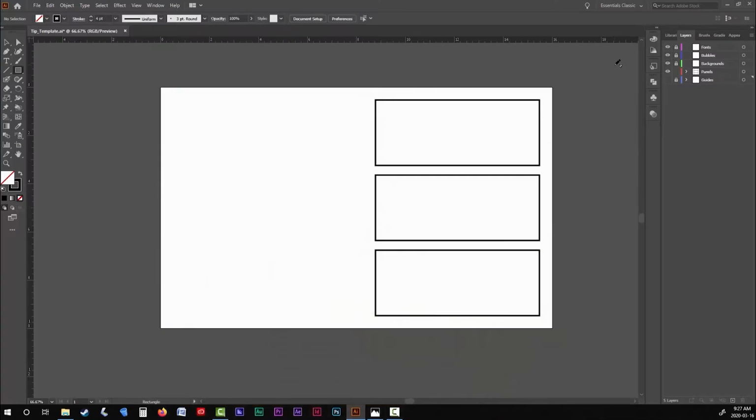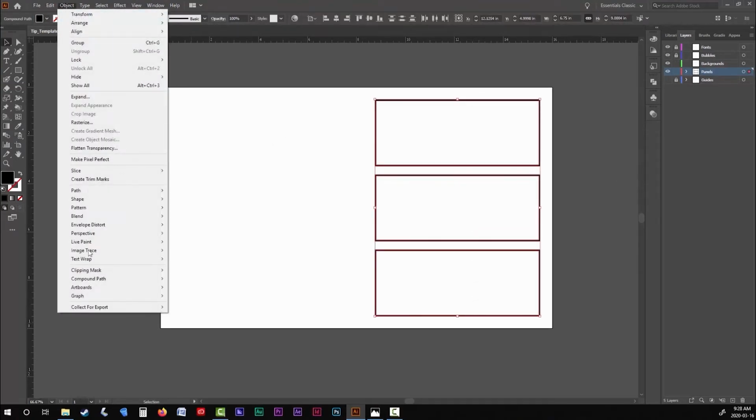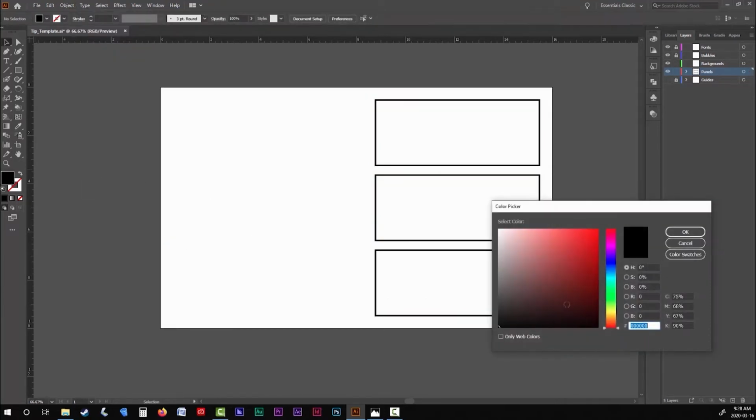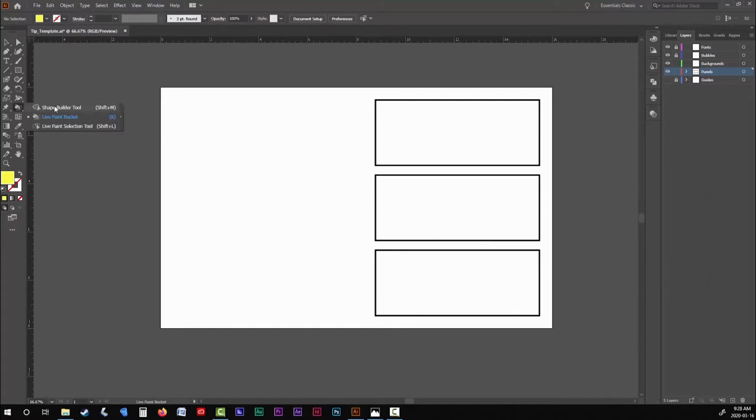Okay, so we'll start off by creating the starburst effect. But before I do any effect, I'm going to first select all of these panels and then go up to the Object tab and then down to Live Paint, and I'm going to make them. This will enable me to just bucket fill my color right into my panels. See, what I want to do is separate my black panel border from my fill color.